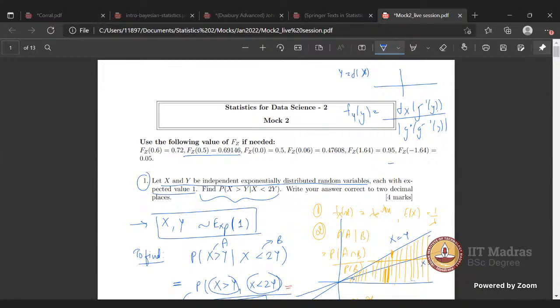Okay. If it is not monotonic, then use the customized method. And for the customized method, what other steps should we follow? You first find the support of y, and then try to find the CDF of y, and then differentiate it and